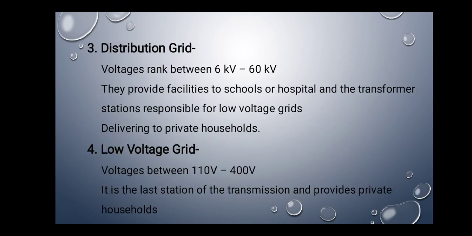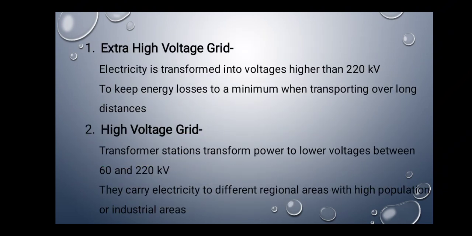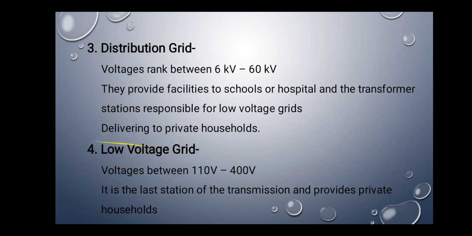There are some parameters we will discuss here while transmitting the power. The first is the extra high voltage grid. The extra high voltage grid is meant to minimize the loss of power during transmission. We provide extra voltage while transmitting, so we can get the exact voltage we want at the destination point. Then the high voltage grid, that means we provide high voltage during transmission, like 6 kilovolt to 220 kilovolt. So this high voltage gets transmitted to the transmission plant, so it can be distributed along all the areas.